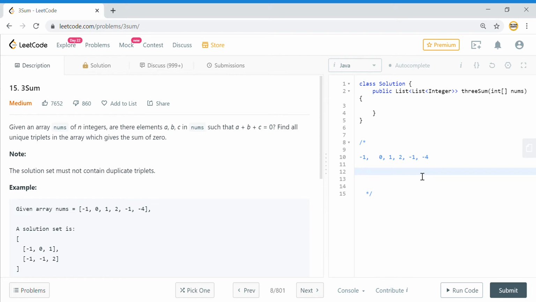But one challenge is that the numbers are not properly ordered, so I am not sure about my high bound and my low bound. So if I got a solution here, then how do I loop? And basically if I use brute force, then my solution will be of the order of n cube, which is not a very good solution. So what we can do here is we can maybe sort the array. So if I sort the array, I will have the numbers like this.